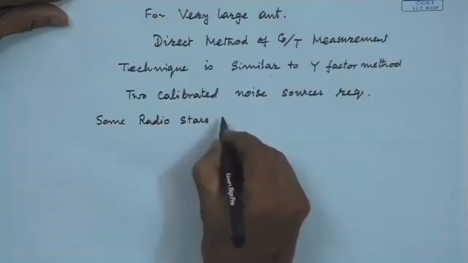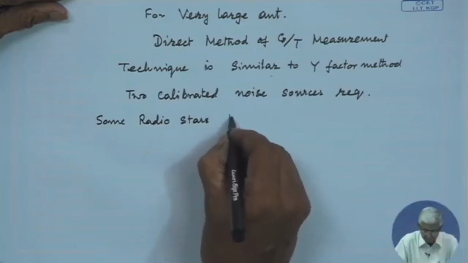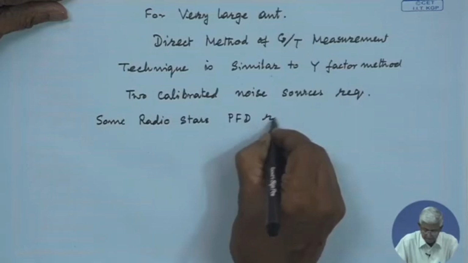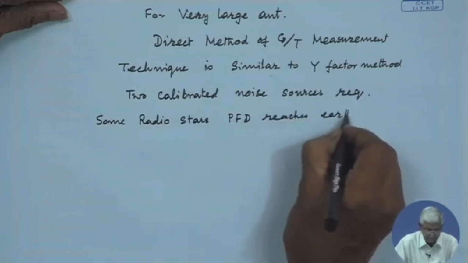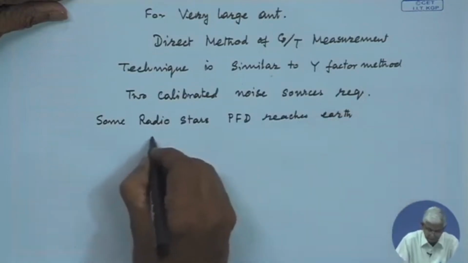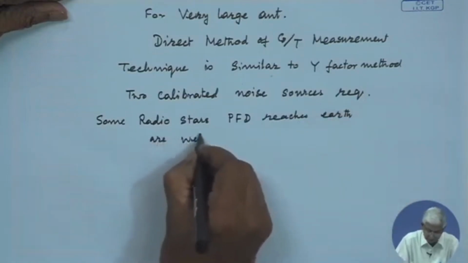It has been found that in some constellations these radio stars are there, and their flux density, or power flux density, reaching earth is well measured,